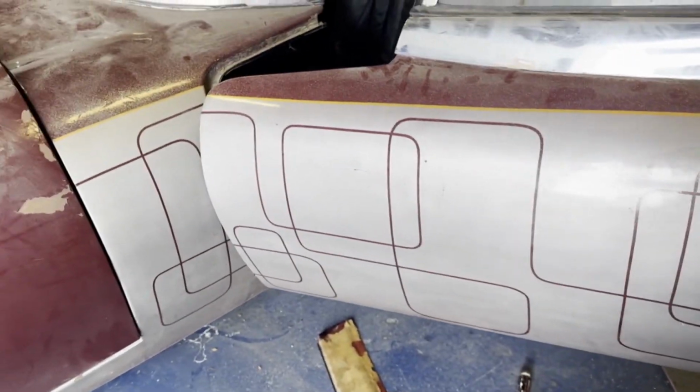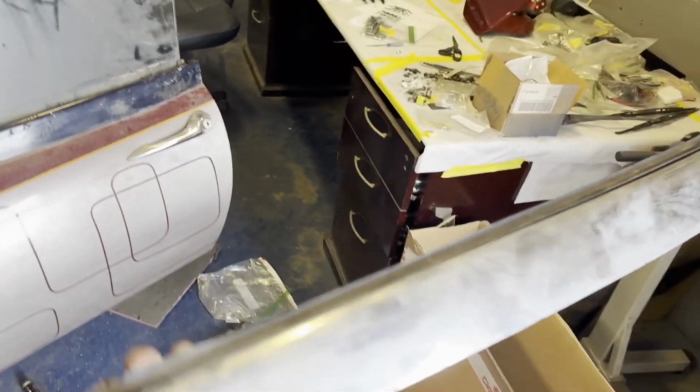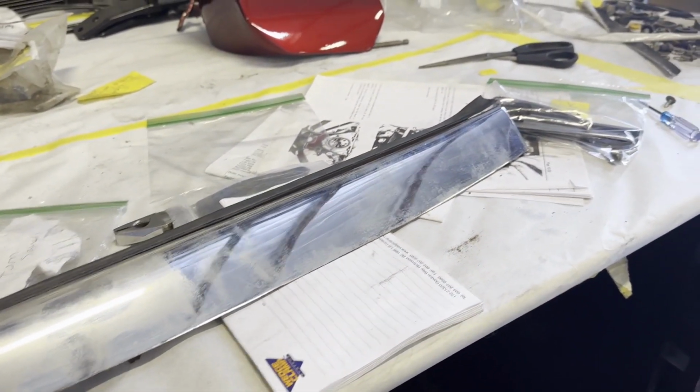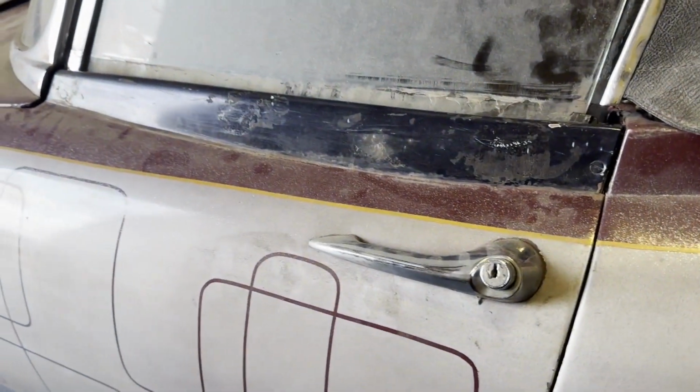Okay, I'm on the passenger door. Look at that beautiful paintwork. What were they thinking? Just going to take off this door trim. There's a little screw that goes in here, and a little screw that goes in here. They're just these little guys, and then there we have it. This is the chrome trim that goes on the top of the door there, just above the